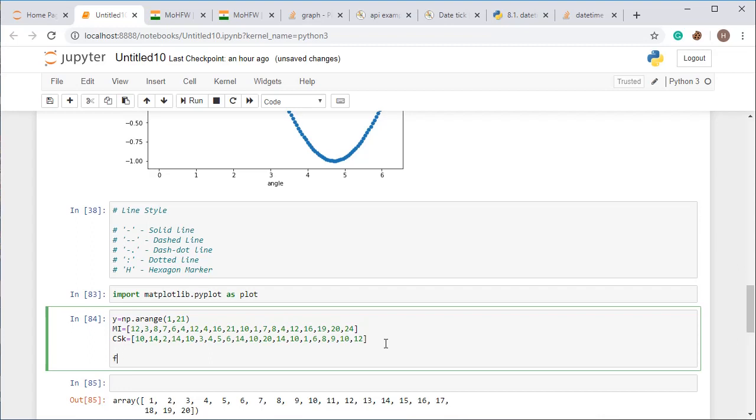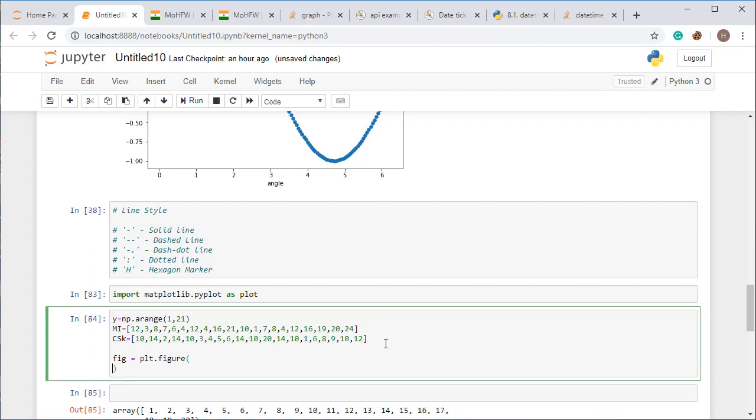Now I am going to set the figure. So I am taking fig equals plt.figure. This is the command which is going to create the figure for you. Now I am going to add axes. Sorry, no need to add axes.